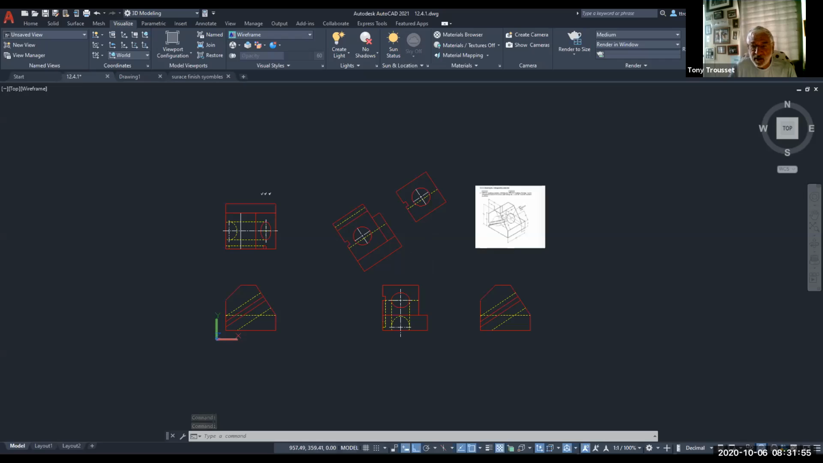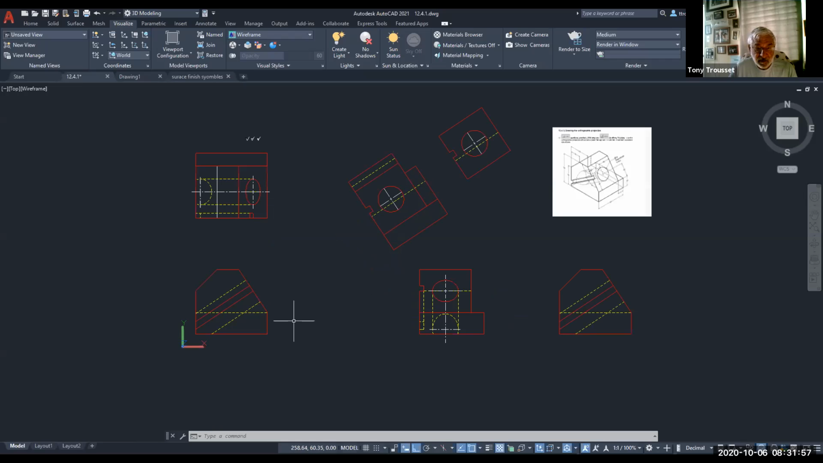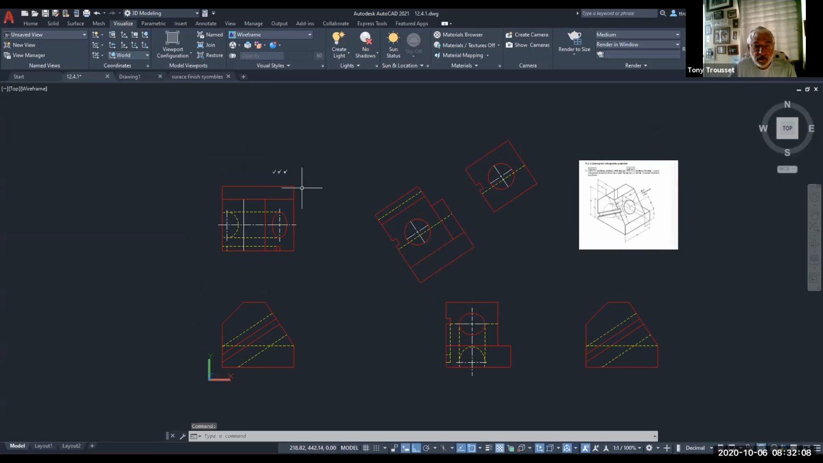So now what I did is I drew that object. I drew the front view, and then I drew the top view, and I drew the right side view. Now don't worry about these little symbols up here yet. But what I want to show you is I drew